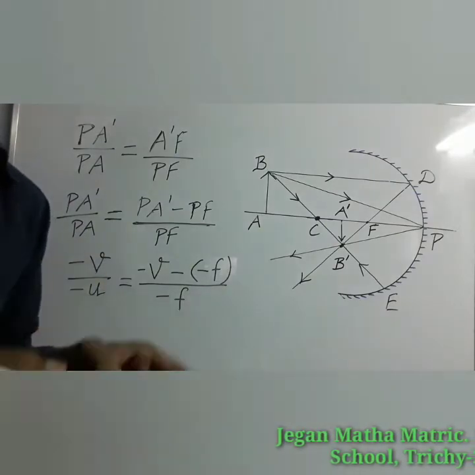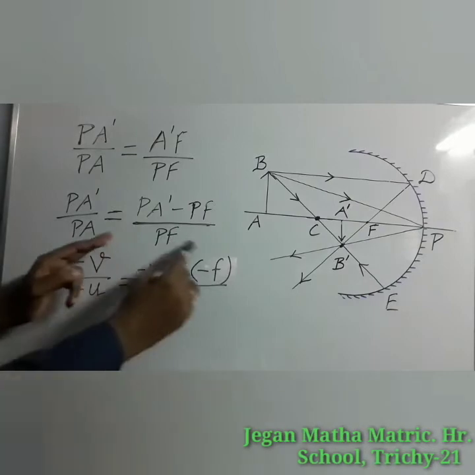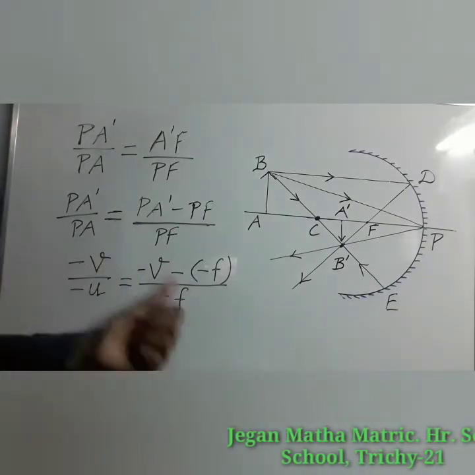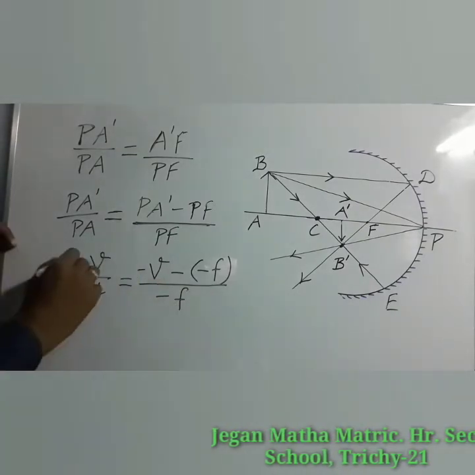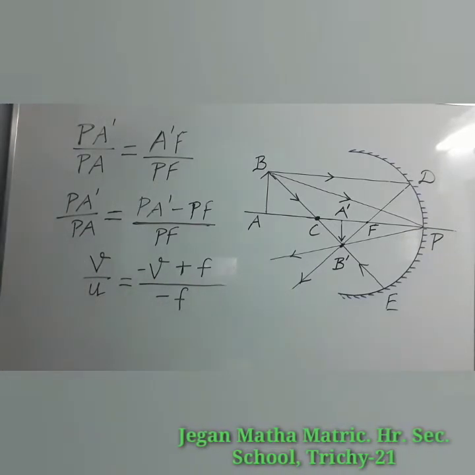Now the focal length also we are using with the minus sign because we have used the concave mirror or concave lens. We have to use the minus sign in front of the focal length. That's why in front of all the values I have written the minus sign. So minus here will be cancelled. So minus into minus, that will be plus.